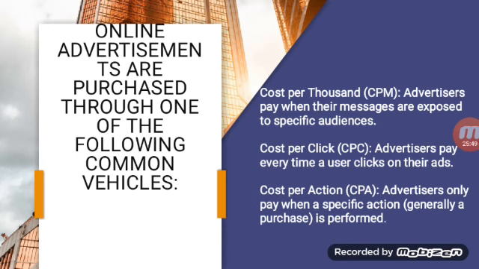Let me just, I'm a bit worried that you'll be confused between cost per thousand and cost per click. Cost per thousand will happen, let's say if you're a vlogger, you post it in your personal blog, or if you post it in your personal social media page. Whereas cost per click will happen when the advertiser or marketers advertise their advertisement in the search engine like Google